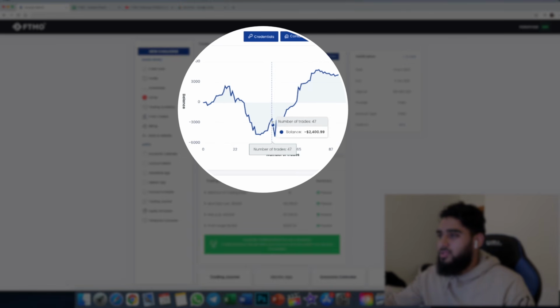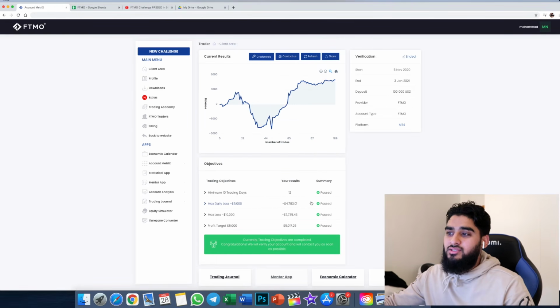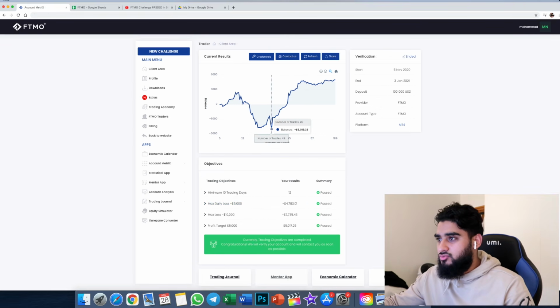And I think these were the two large trades that I took on gold, which ended up hitting stop loss. If these trades did hit TP, however, I would have actually been back into the positives, but this one went all the way down, hit stop loss. I'm back down nearly minus 5%. This is where my daily loss cap was actually getting breached, so I had to actually call it a day, and I did manage to recover that loss.